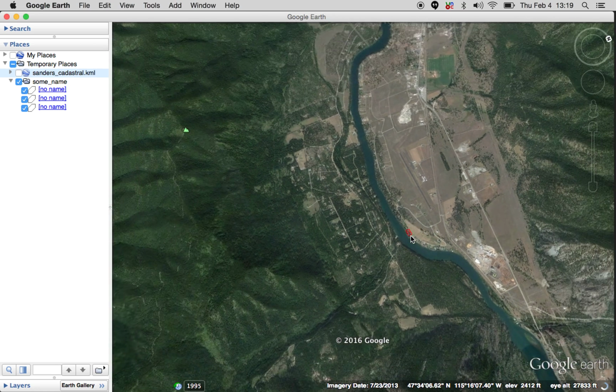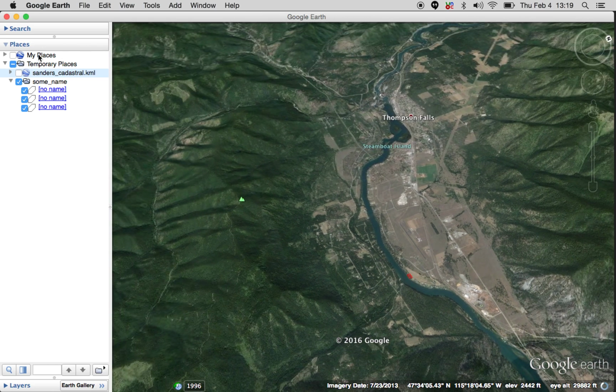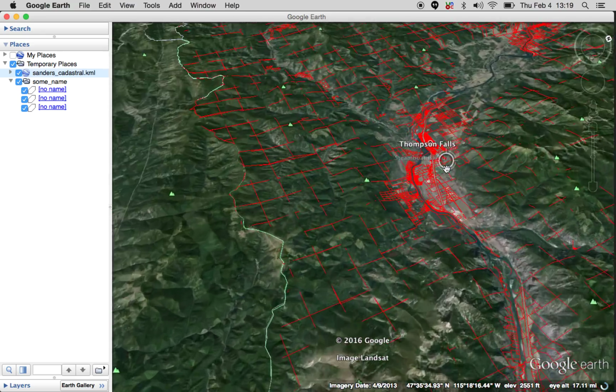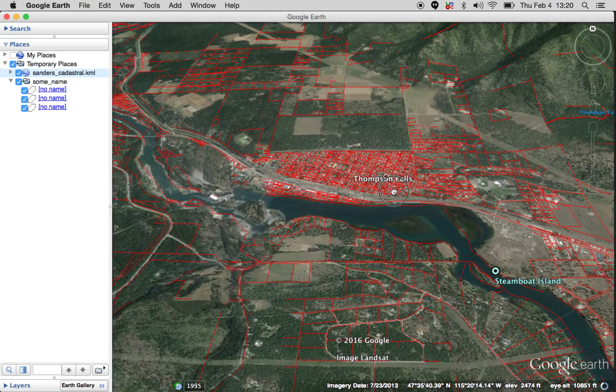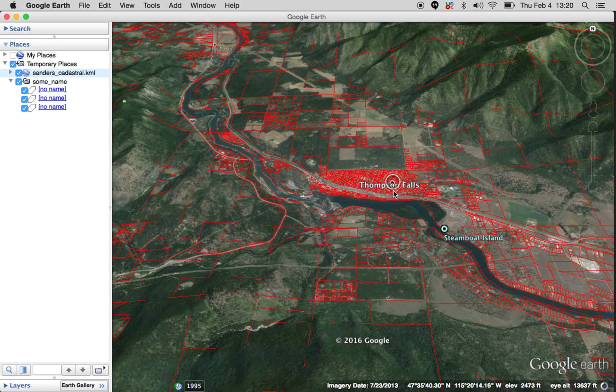You can also see the zoom is much more fluid versus if we load that complete data set again, we start to get into rendering issues. It's not too bad in particular on this one,